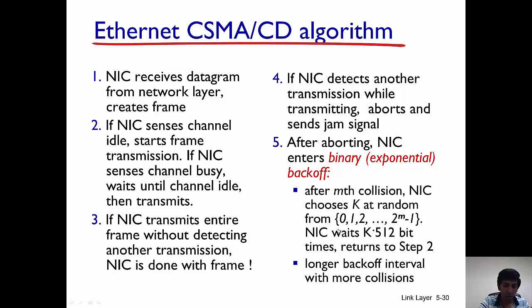Okay. Now, the reason why this randomization helps is, say there are two nodes who are trying to transmit and they collide. They collide the first time, then they collide the second time, then they can collide the third time. Now, after the third time, both are going to pick numbers from, say, 0 to 7, right? Say some node picks 1, the other node picks 5. Then there's no way that transmissions are going to collide because the transmissions are going to take place at different times, and both are going to be successful. The randomization makes sure that two nodes do not, after a collision, start transmitting at the same